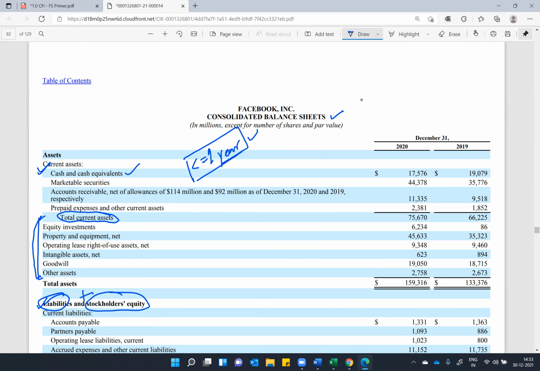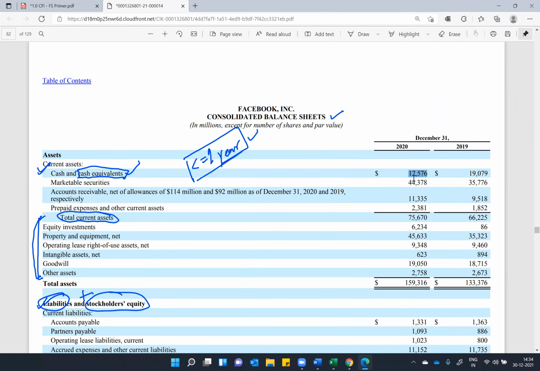First one is your cash and cash equivalents, which is whatever cash that you have in your business, maybe sitting in your bank account, or you have it in cash in hand, if you're a small business owner, right? So that is your cash, and cash equivalent is something that you have invested for a shorter period of time. Suppose you have so much cash which is not being used in day-to-day life. So you'd like to invest some part of your cash in cash equivalents, which may be marketable securities and short-term investments. So let me show you what kind of cash equivalents Facebook does have.